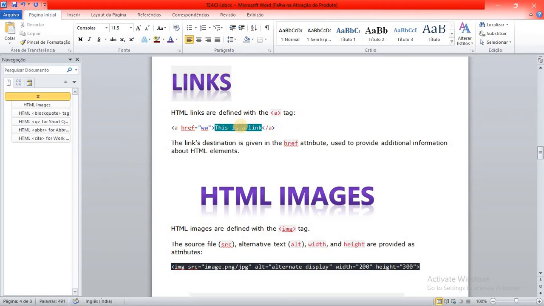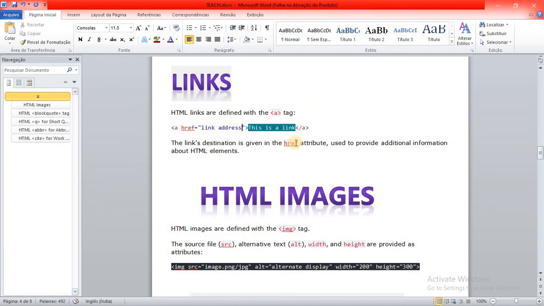Or if we want to go to any other web page which we have created, and if it is stored in the same folder where we have stored our original web page, then we can directly give the name of the web page. Or else if it is stored in any other place, then we will have to give the location like this. We can copy the location. I think we know how to copy the location, so we'll paste the location here and we can go there.